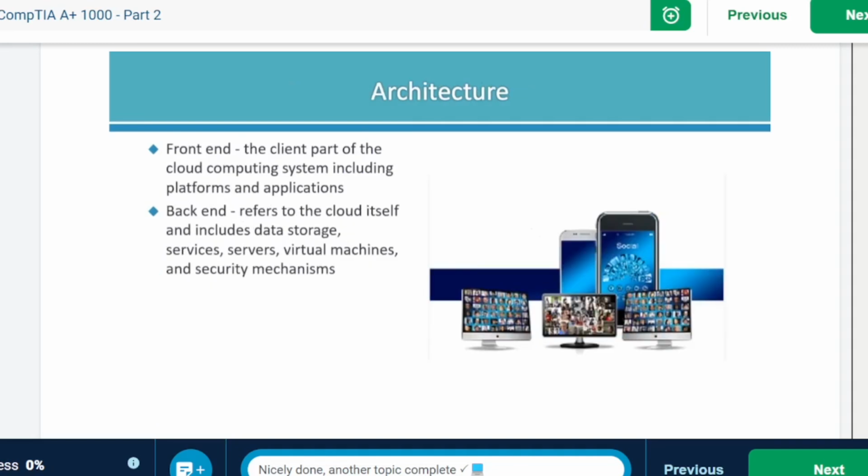Cloud computing architecture is built from many cloud components. These are generally separated into front end and back end. Both of these ends are connected through a network like the internet. The front end consists of interfaces and applications that are required to access cloud computing platforms, such as your web browser. The back end part of the cloud computing architecture is the cloud itself, and this part contains all the resources required to produce cloud services. This includes data storage, data models, security mechanisms, services, and virtual machines. The back end is responsible for all of the security and the communications needs of the system.